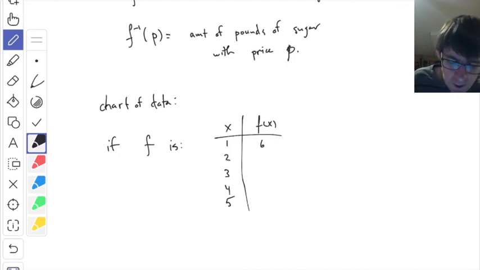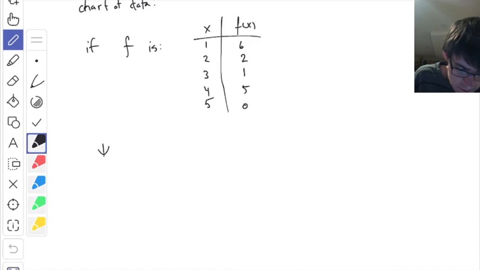Let's say when x is 1, f of x is 6. When x is 2, f of x is 2. When x is 3, f of x is 1. Then I got 5 here, then I got 0 here. All right. If f looks like that, then f inverse